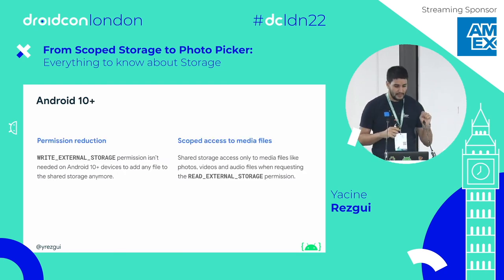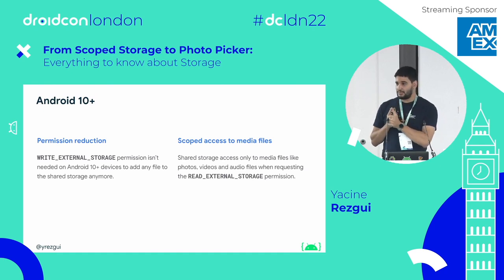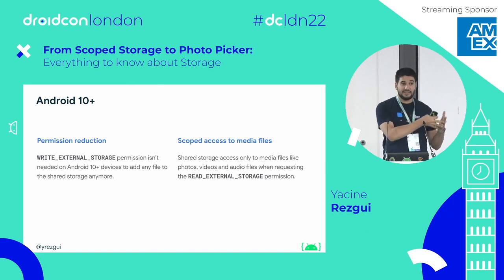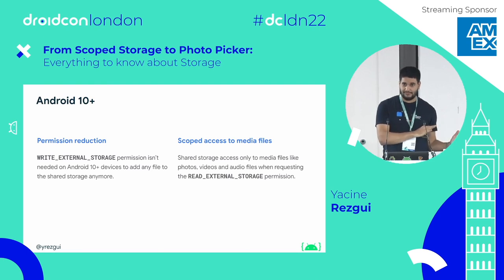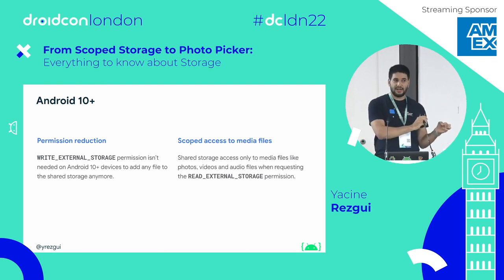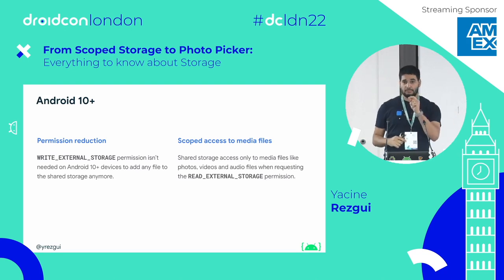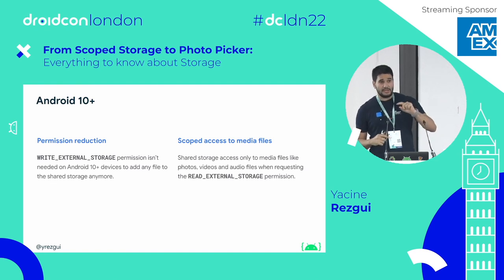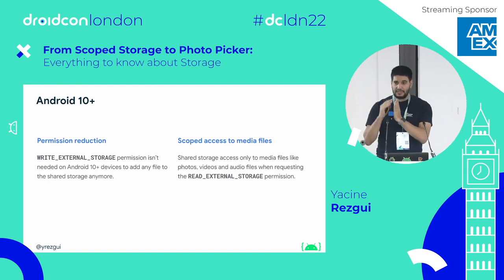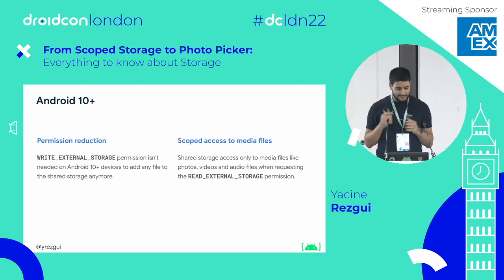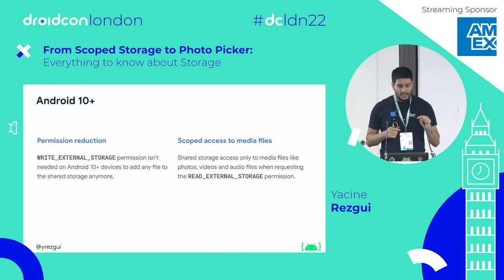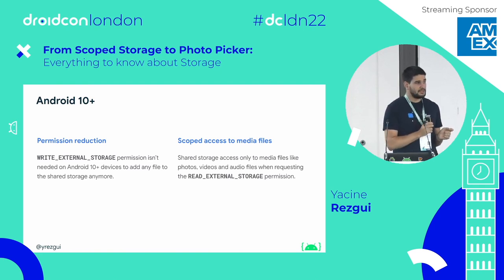On Android 10, we first removed the need to request permission whenever you want to add files. So let's say you just want to add a document, like a PDF, an HTML file, a picture, a video, a music. You don't have to request permission, because we consider you're just adding a file, that's okay. But if you want to modify other files, you have to request the permission. The second part, you can't put files wherever you want. You have to put it in the downloads folder or the image folder, video folder, so you have to not spam a bit everywhere. And the other part is, whenever you ask for read external storage, you only have access